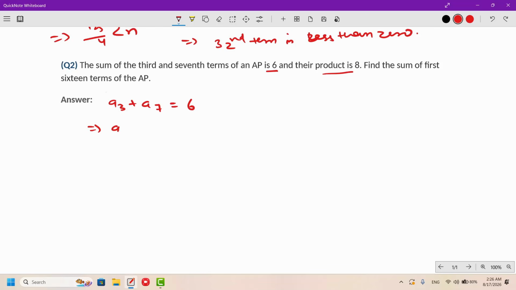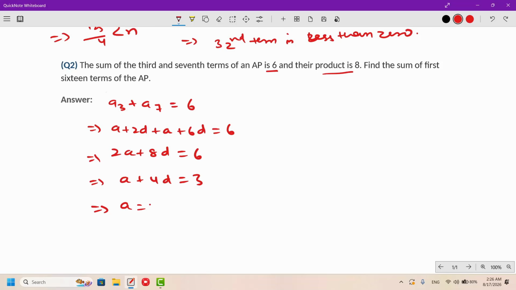It means a plus 2d plus a plus 6d equals 6, and 2a plus 8d equals 6. So we can write a plus 4d equals 3, and a equals 3 minus 4d. According to the question,